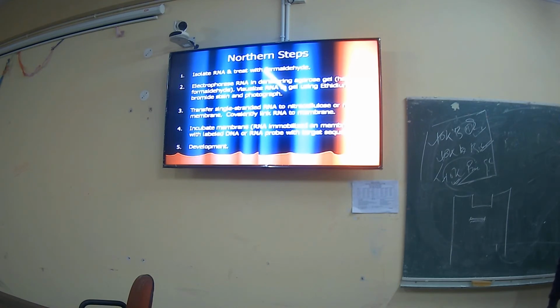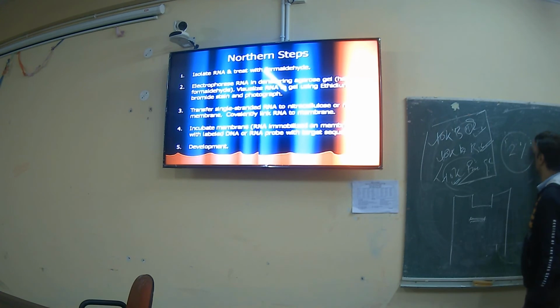Charge will be different or size will be different? Both will be factors. So will the RNA band be on the upper side or lower side? Lower side. And will the percentage and the pore of the gel be a factor or not? Suppose you have to choose a 2% aqueous gel. So the percentage of the gel is a factor for the differentiation of these bands.